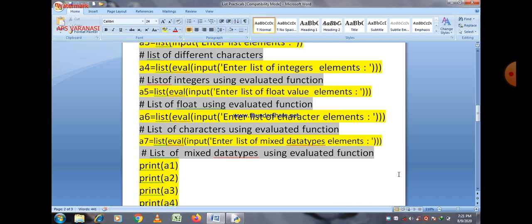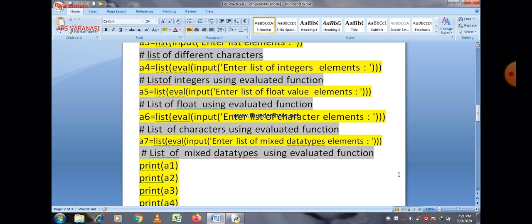If you give integer elements, they are not considered characters by default, but are considered integer numbers. And as you can see, in a5 different float values are given, and they are considered as float values using the eval function.